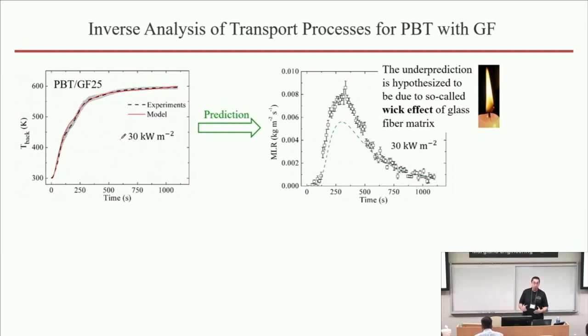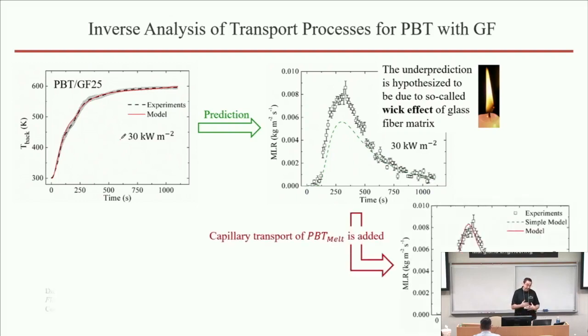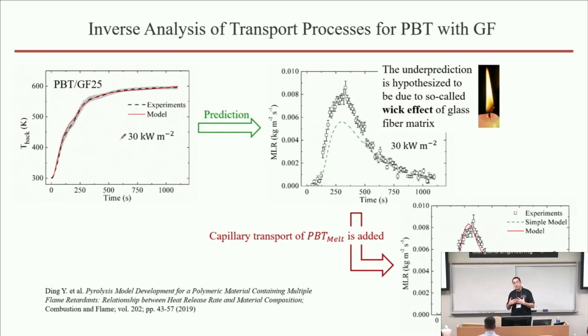So we actually studied that. We dissected our sample after pyrolysis and learned that the amount of char that formed at the top portion of this glass sample is considerably larger than what it should have been if the polymer was distributed evenly throughout. So then we added that effect of mass transfer of the molten PBT through the sample, and we were able to capture it quite well. So this represents an example of the hierarchical approach to pyrolysis models and gives you an understanding of how this model is parameterized.